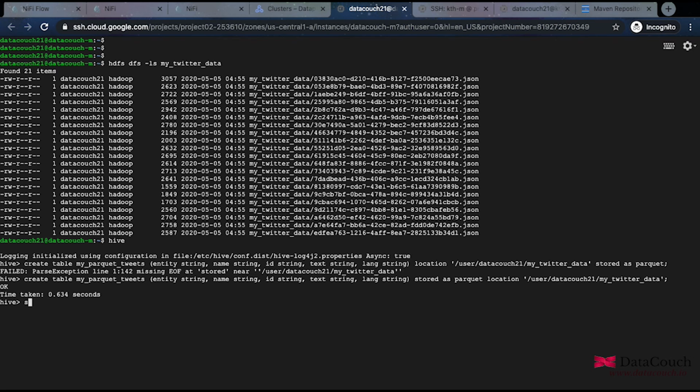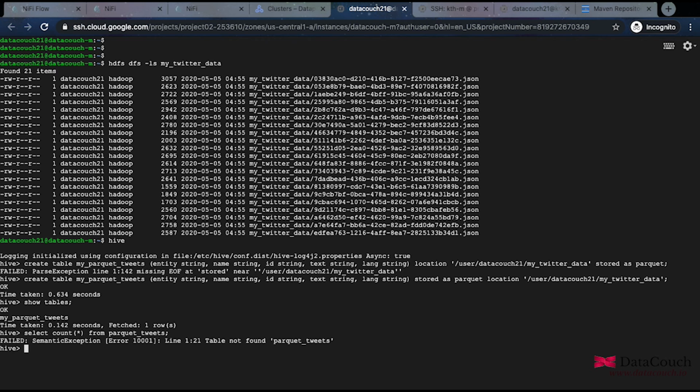Okay, the table has been created. I'll say show tables, and I will be able to see the tables now, and I will do select count star from Parquet tweets, and I will say okay.